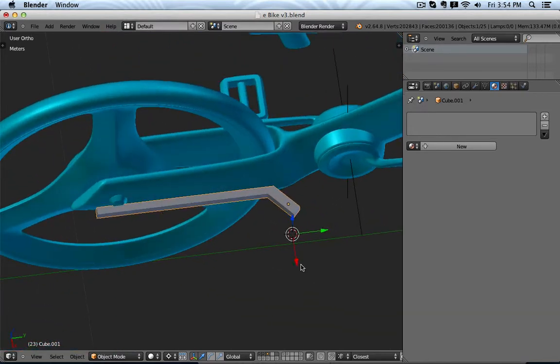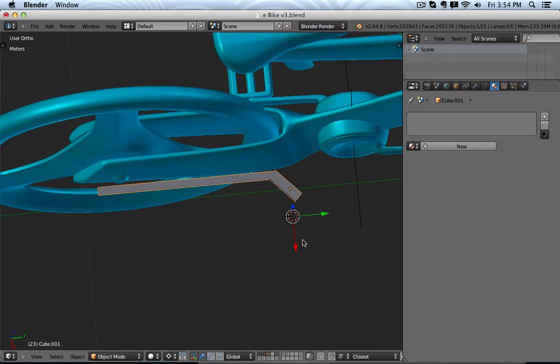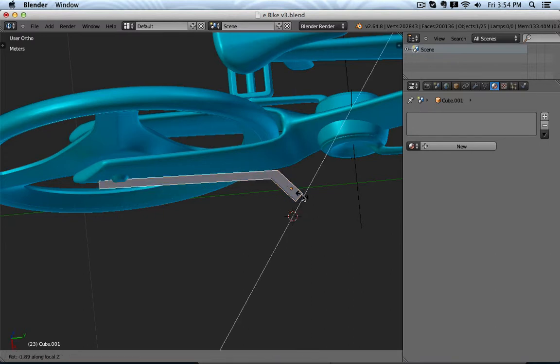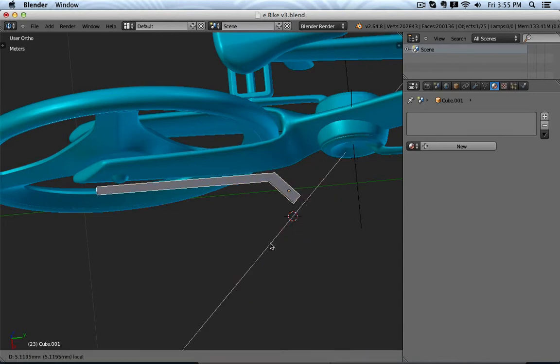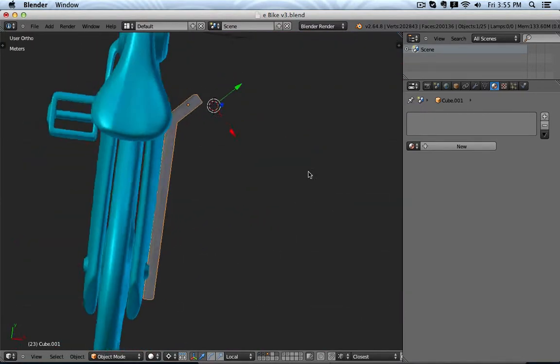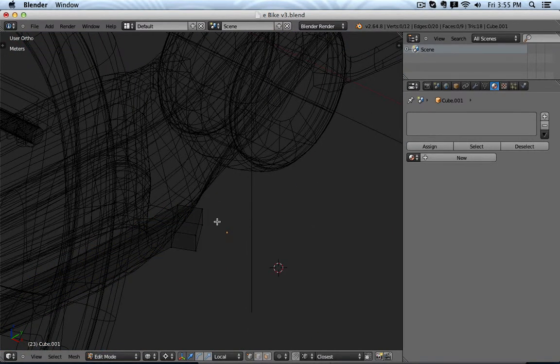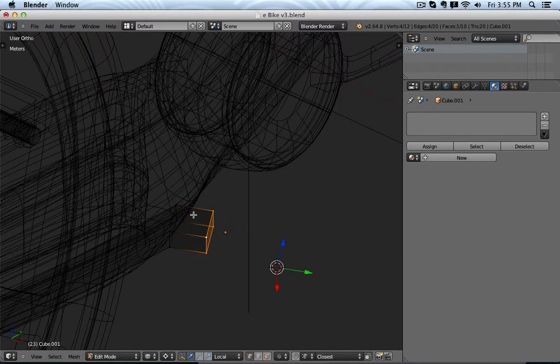So let's see, well, maybe that's a little bit too close. And of course the kickstand is a little bit too big right now, but at the moment I leave it at this, so it's just simpler to see. I'm trying to adjust the rotation a little bit, positioning. And maybe this part here I don't really need, so I could delete it. This part, maybe I move out a notch, fill it, and then